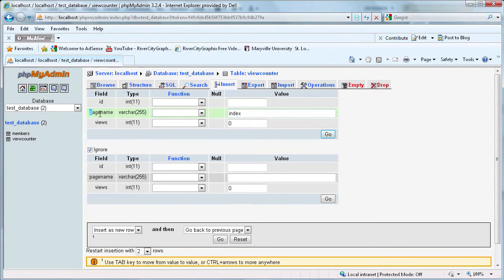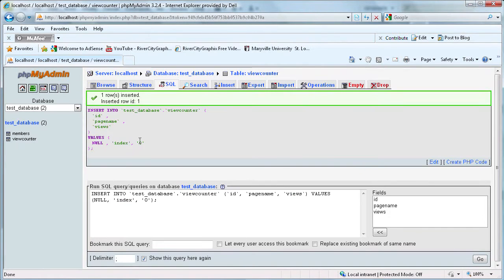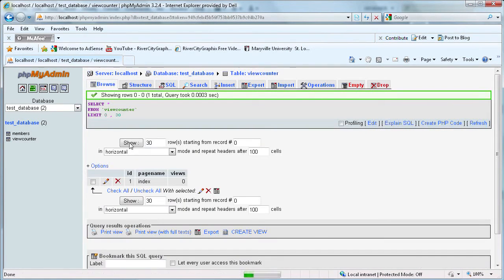And for the page name, basically I would assume that if you were using this you would have like index page, about page, contact page, some of your content pages, the ones that you wanted to track, and it just allows you when you go to your database to look and see more easily. Instead of a number, you see this is the index page, so it just makes it a lot easier for you. So we're just going to click go, and then if you go over to browse you can see that